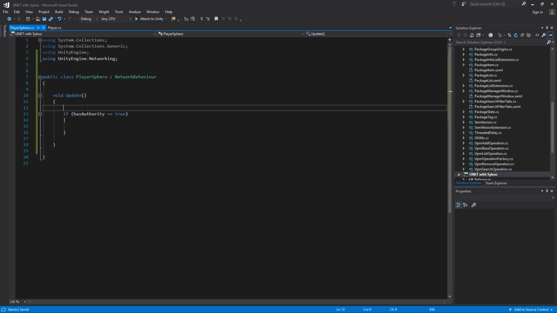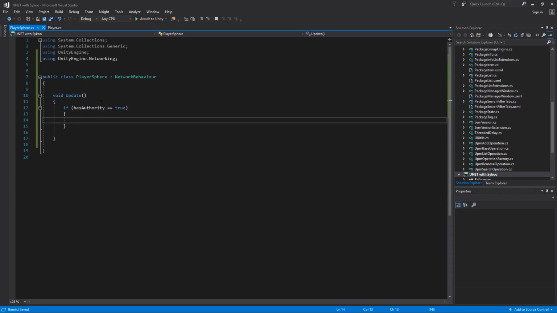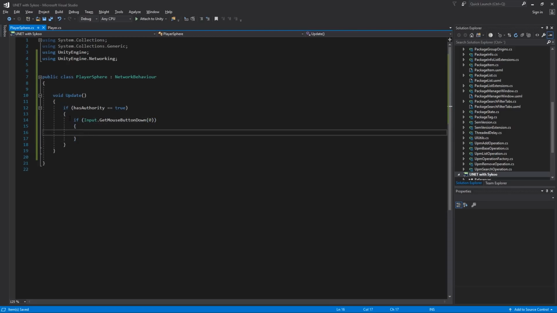So we check if the current client, the local client, has authority over this object, then we're going to be able to do something. If not, we're not going to do anything. And if we do have authority over this very specific sphere that the player spawns, then we're going to say if the player presses Input.GetMouseButtonDown(0), so left mouse button click basically, then we're going to say